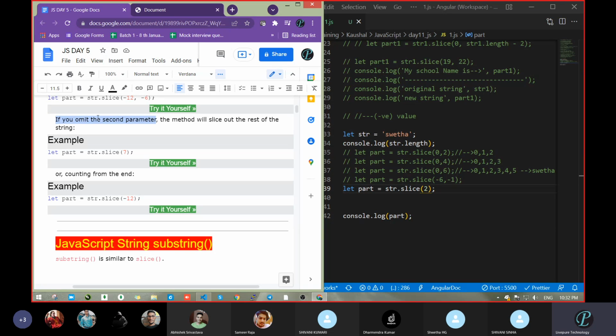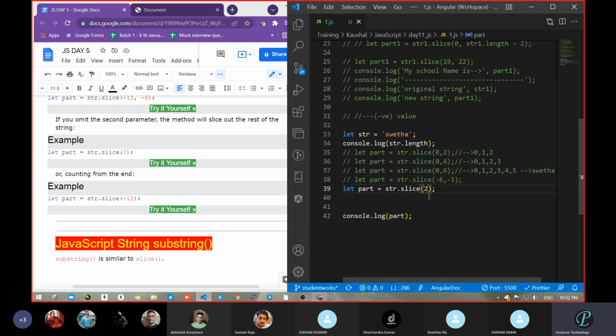Keep in mind here: if you omit the second parameter, the method will slice out the rest of the string. Means if you do not pass the second one, it will consider the complete rest. That will be considered as the starting, and the second parameter is not there. So the starting will be 2 and the end will be the total length. Got it?